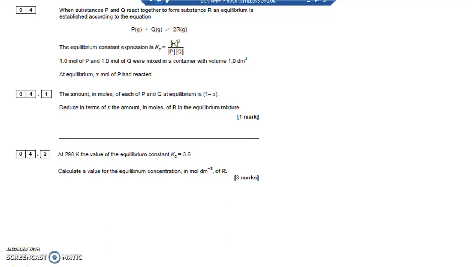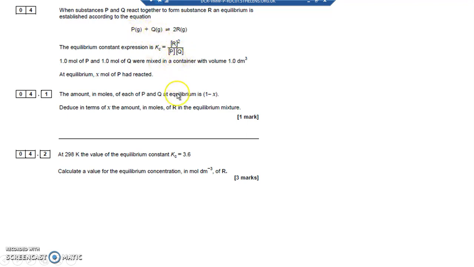Question 4. When substances P and Q react together to form substance R, an equilibrium is established according to the equation: P plus Q makes 2 moles of R. The equilibrium constant expression Kc is the concentration of R squared divided by the concentration of P divided by the concentration of Q. That's fairly standard from this equation, where you've got the concentration of the product raised to the number of moles, which is 2, divided by the concentration of P and divided by the concentration of Q from the left-hand